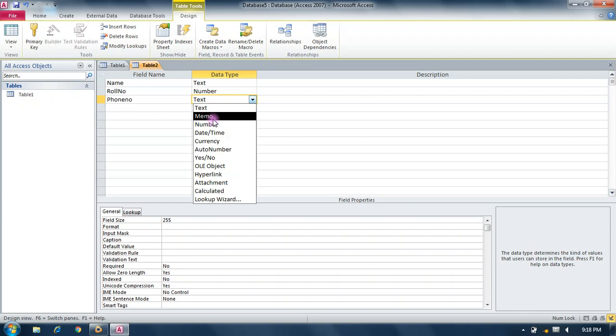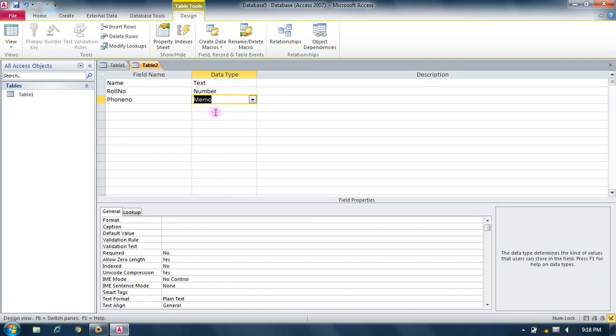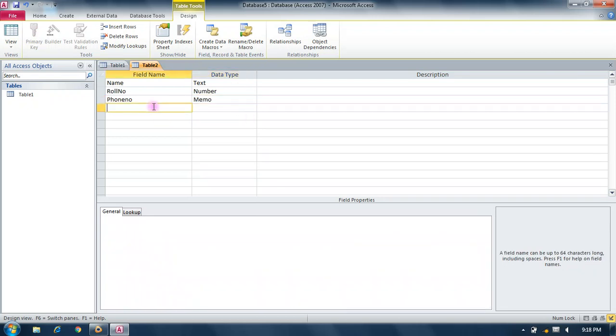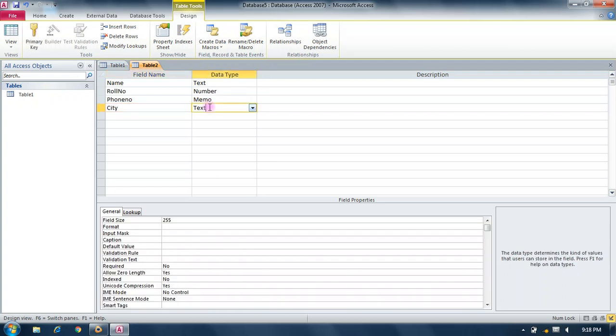If you type a lengthy number like 10 or 11 digits, you can select your data type memo. It is easier to type your phone number. Okay, this city, you can type in text.